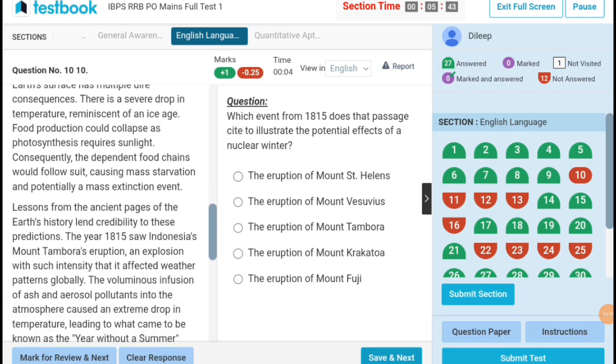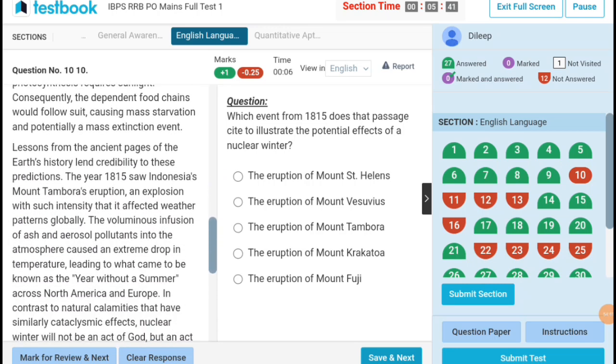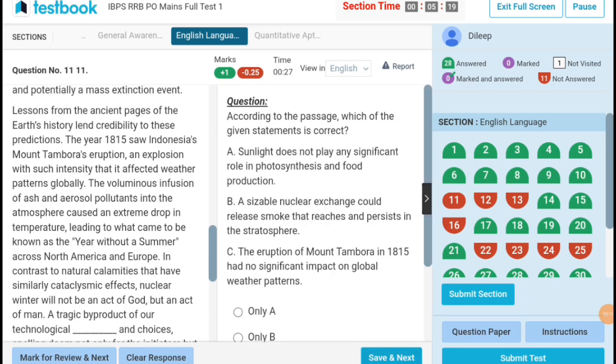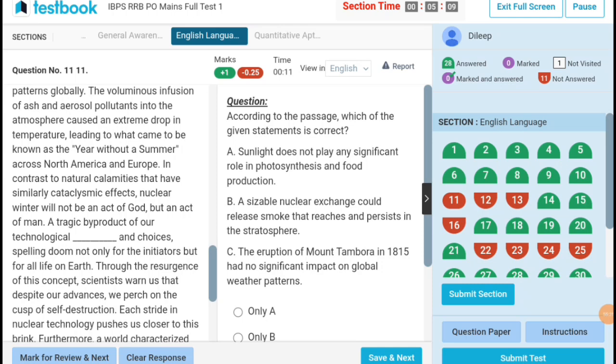Which event from 1815 does the passage cite to illustrate the potential effects of a nuclear winter? Indonesia Mount eruption. According to the passage, which of the following given statements is correct? Sunlight does not play any significant role in